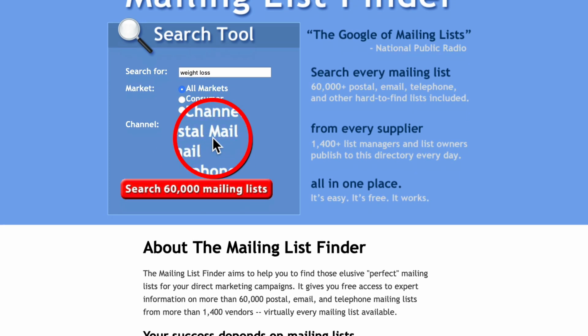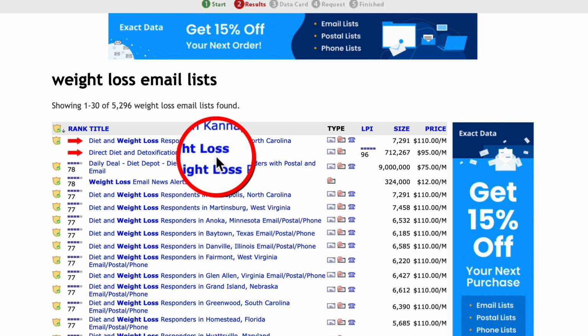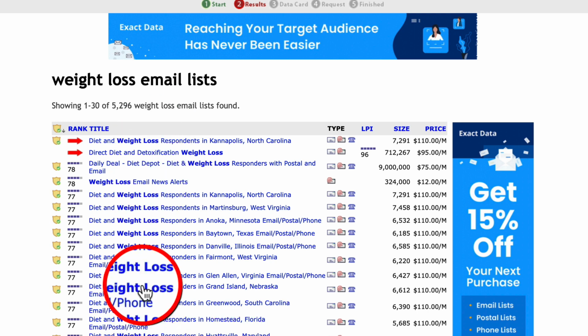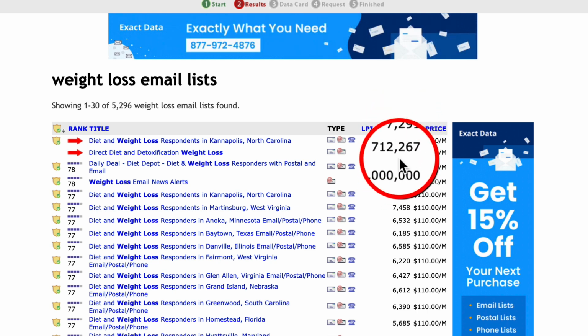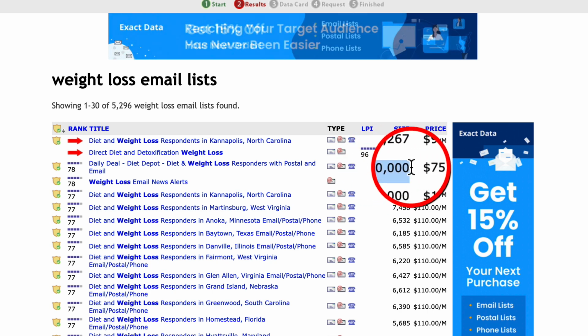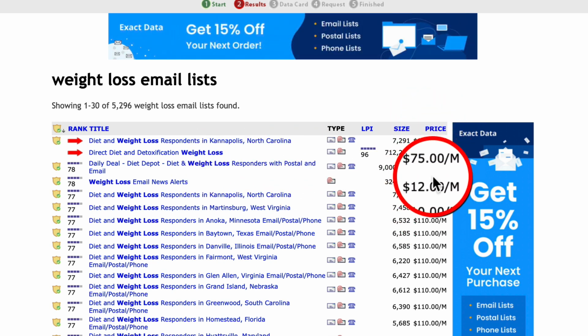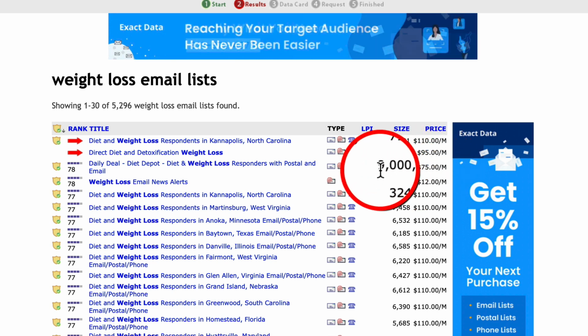And then if we search 60,000 mailing lists, it's going to bring back a whole heap of data for us. Now we've got some pretty interesting columns here. So first of all, we have the name of the mailing list. Then we have the type of mailing list. But interestingly, this is the one that you really want to focus on. This is the size of the email list. So we can see that this one has got 9 million subscribers. And the price here is in thousands. So it's going to cost you $75 per thousand. Now I'm going to tell you how to get the price down a little bit in a second. But first,